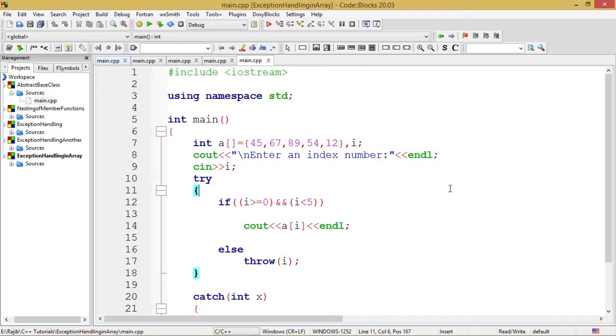In any case, if we try to access the sixth element of the array, or an index number of a negative quantity like -1, -2, these index numbers will raise a sort of exception, because they will take us beyond the array dimensions, and it will definitely cause some errors or an exceptional event.